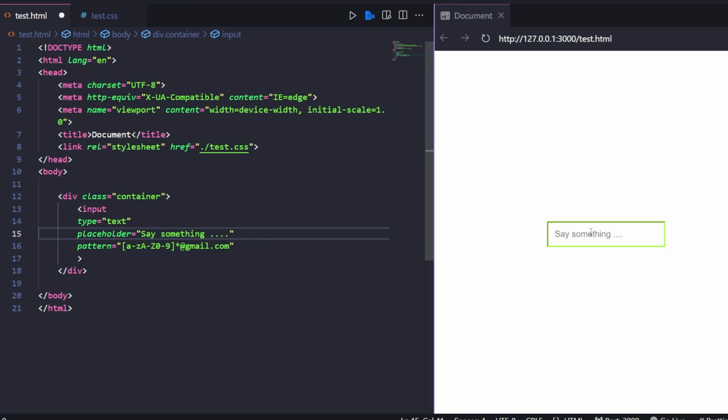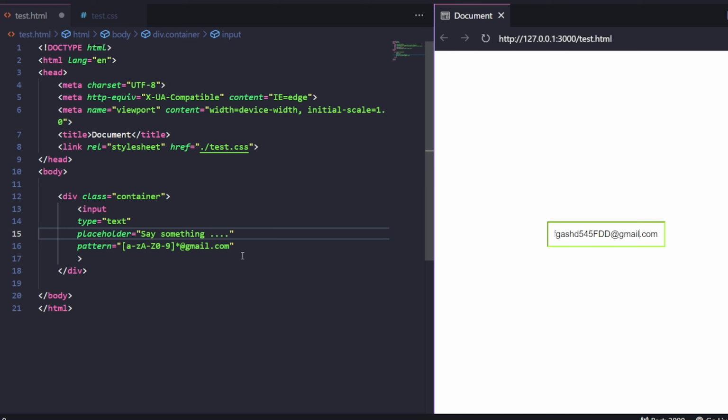So now if I come to this input box and I start typing something, you can see it turns red because we are passing in an incorrect input. We need to pass in an email that has these characters and also is an email from gmail.com. So let's add some digits here. Let's add some uppercase letters here. And then when we say at gmail.com, you can see it turns green. So we defined a pattern here that we are going to accept in our regular expression, and it works